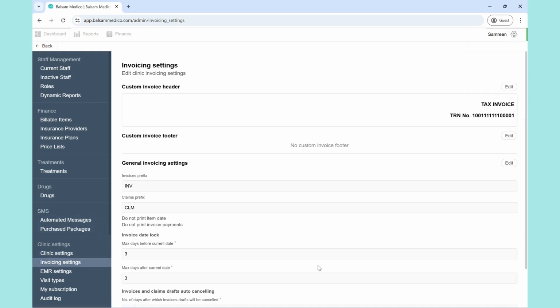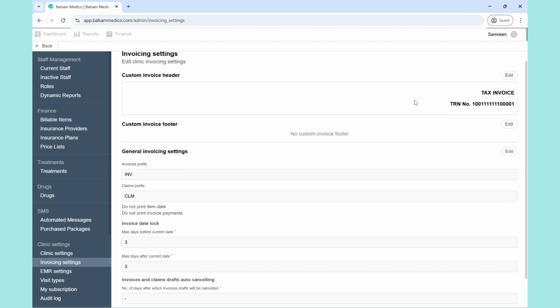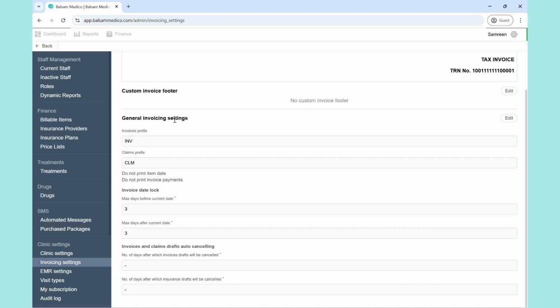In here, you can see some settings for the invoice. You can customize the custom invoice header. You can have an invoice footer, and you can view the general invoicing settings. Over here, we have the invoices prefix. If there's a specific prefix you would like, click on here